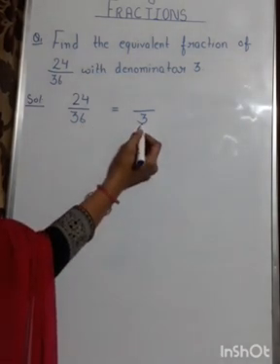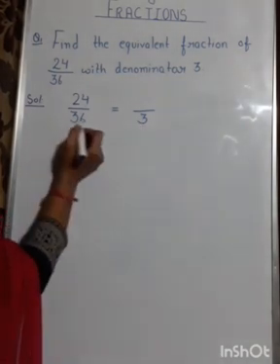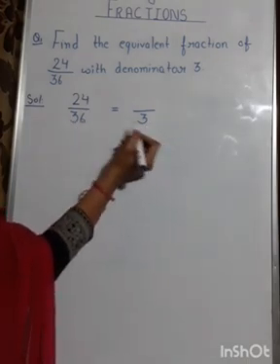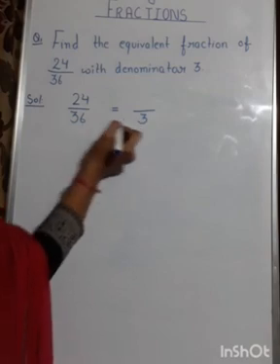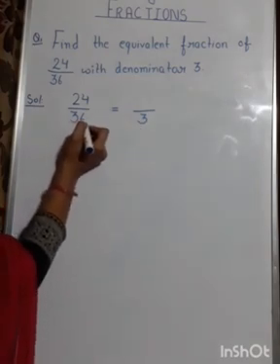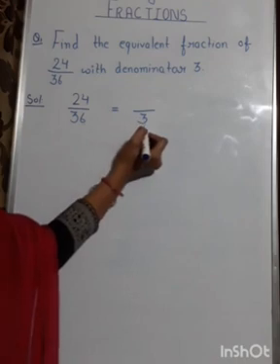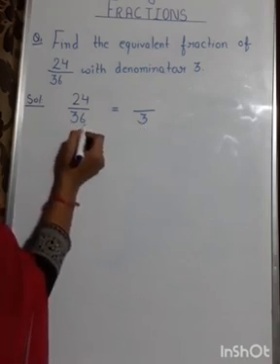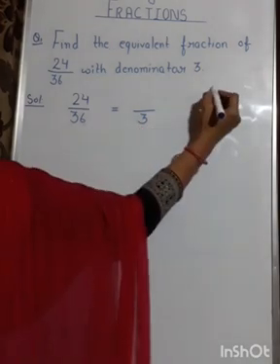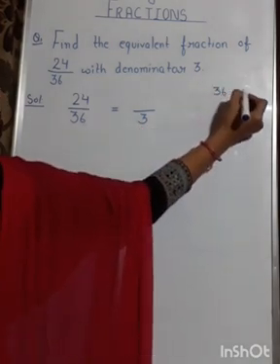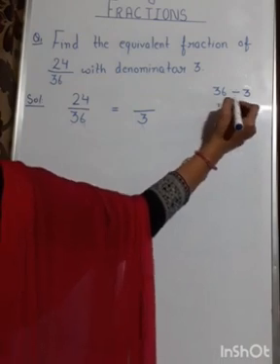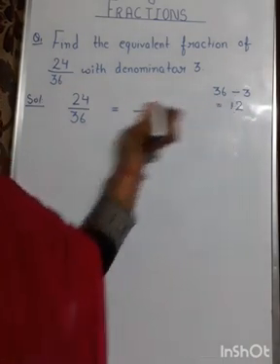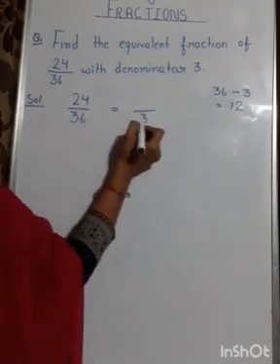Now here you can see that in the denominator I am having 36, it's a bigger number, and here it is 3, it is a smaller number. So whenever you have to convert a bigger number to smaller, what you have to do? Divide that number, then only you can get a smaller number. Now the question arises: by which number do you have to divide this 36 to get 3? For that, just divide the bigger denominator by the smaller one. It means you divide this 36 by 3. And when you divide 36 by 3, what are you getting? 12. It means 12 is the number by which you divide 36 to get 3.